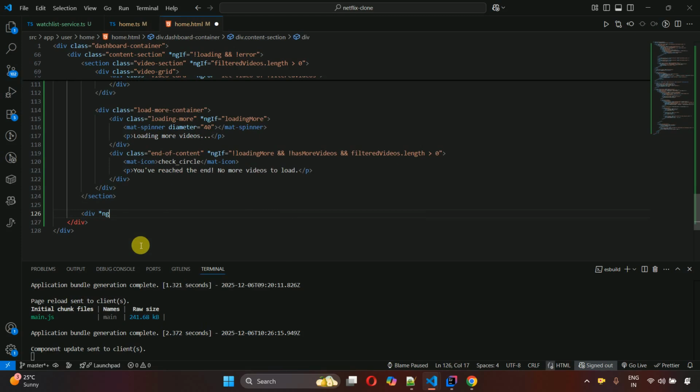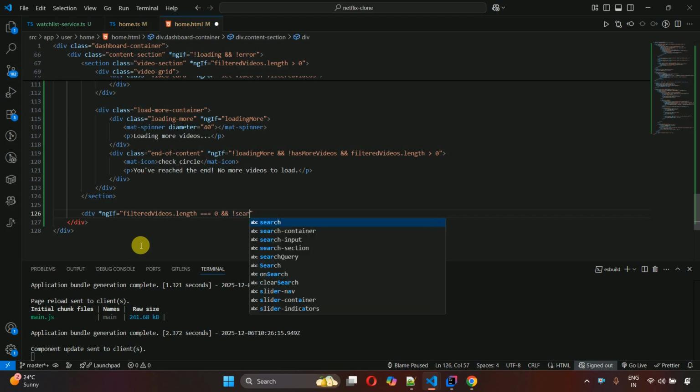So *ngIf, filteredVideos.length equals 0, in double quotes, and here not searchQuery, and then class empty-state,